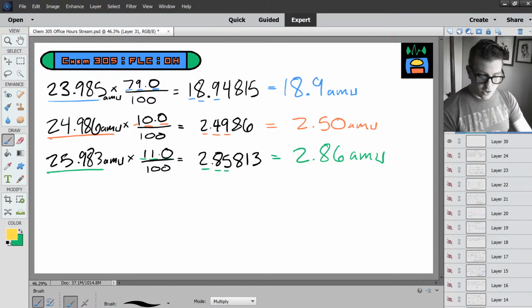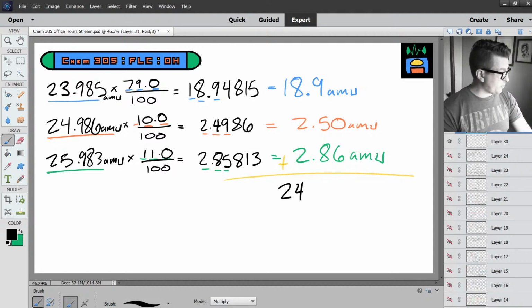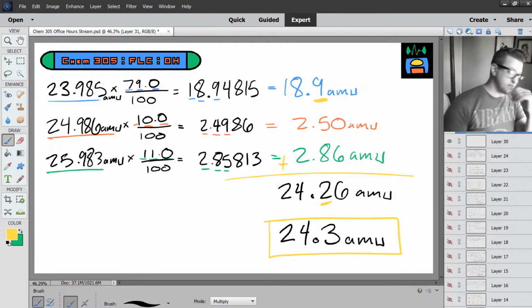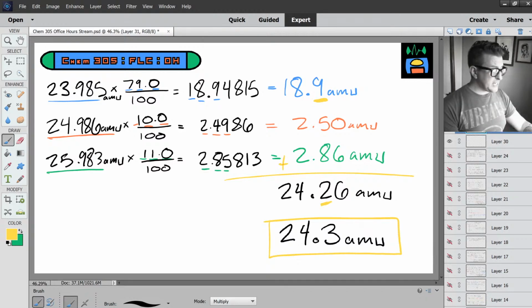AMU. Now we're going to take all 3 of these and add them together. All right. When you do that, they sum to 24.26 AMU. But now we have to use the rules of sig figs for addition. Our least precise number is precise to the first decimal place, so we have to round to the first decimal place. So our final answer here will be 24.3 AMU as our final answer with the correct number of significant figures. So hopefully,